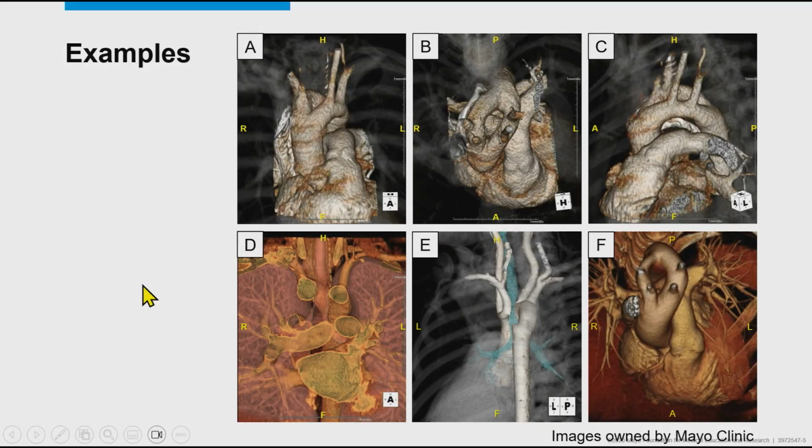Here are some CT examples. CT is the most definitive way for us to assess the type of aortic arch and assess its effect on the trachea and esophagus to some extent. In the top panels over here, we're seeing the double aortic arch, where you have the left arch and a right arch. The trachea goes right in the center, and you can see all four brachiocephalic vessels arising from their corresponding arches. In this view, we're looking from the head down through the barrel, where the trachea and esophagus will lie right in the center.